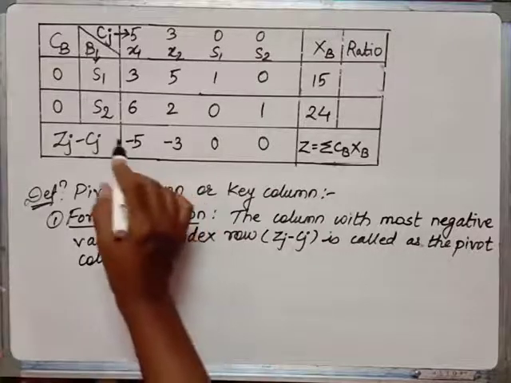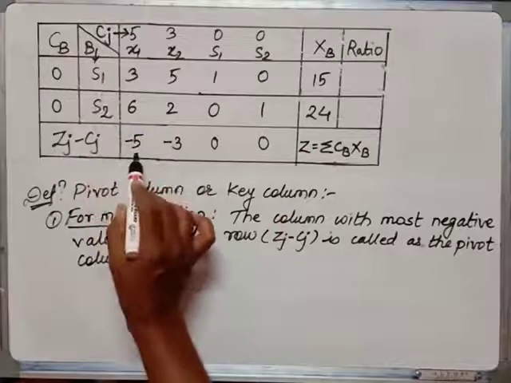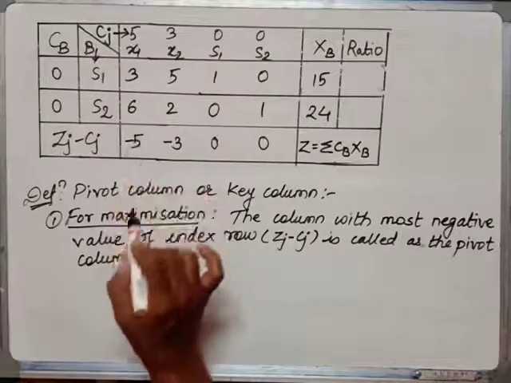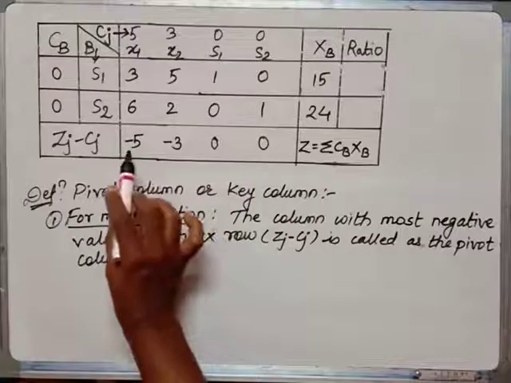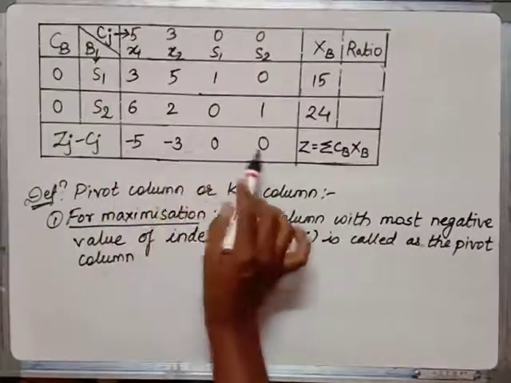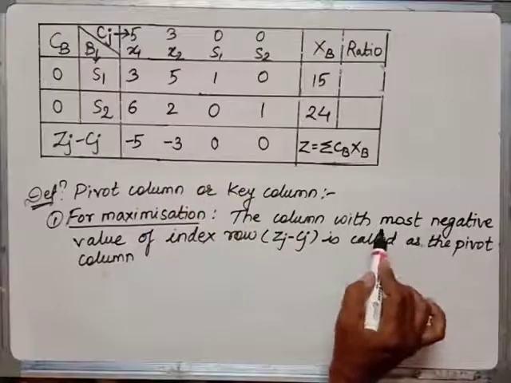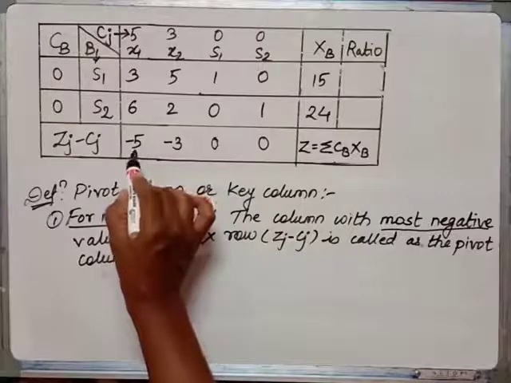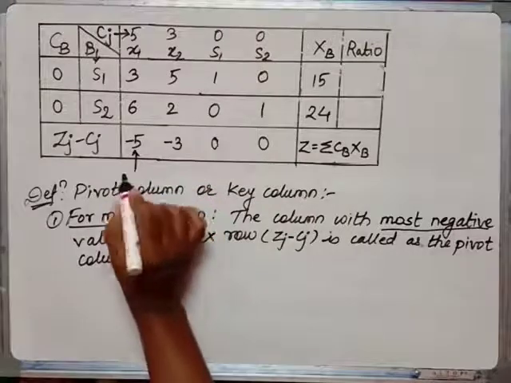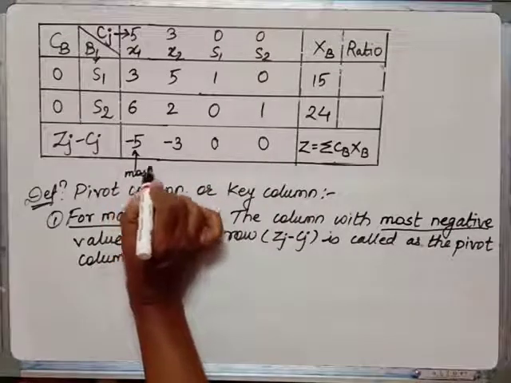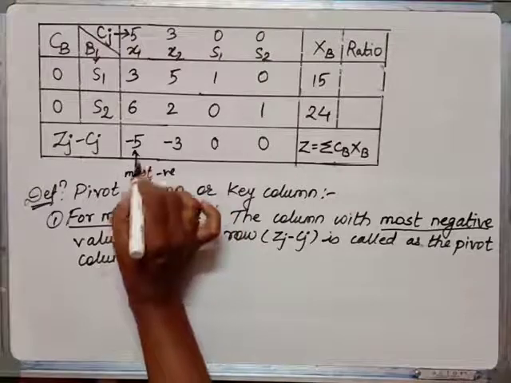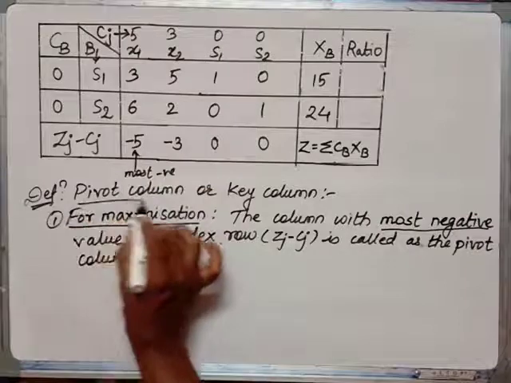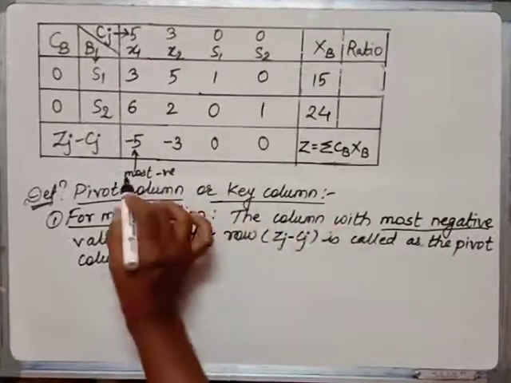Now, in this table we had formed for the given question, clearly the objective function is of maximization type. Now look at this Zj minus Cj. Which one is the most negative? We have to look for most negative. Now you can check, this is most negative here. So I will simply write here most negative. This is most negative means this one represents our pivot column or key column.